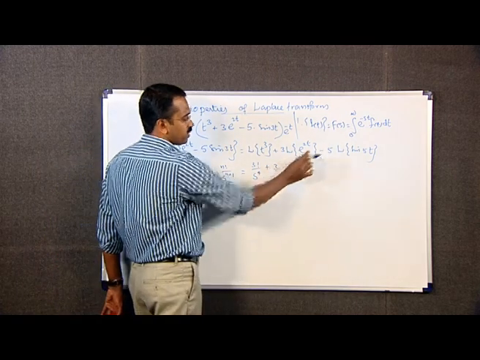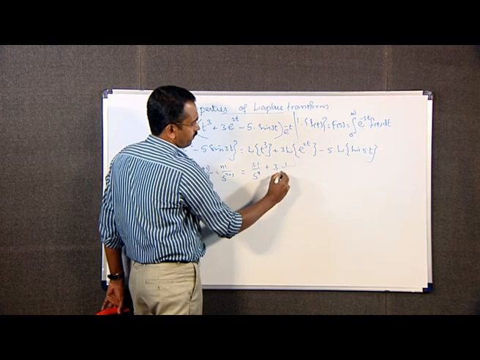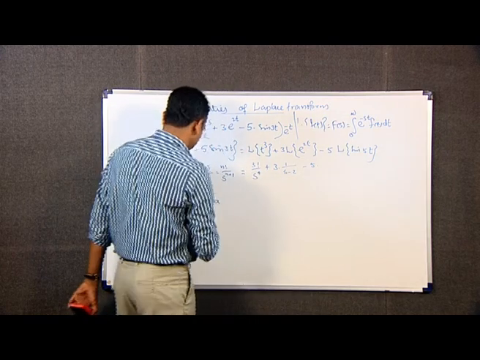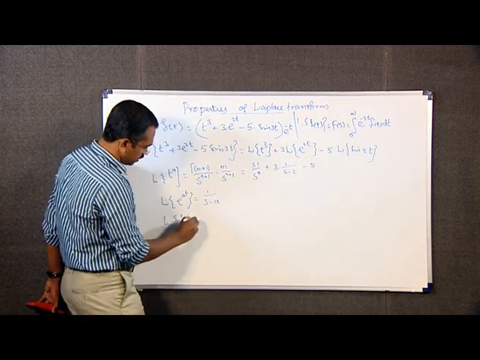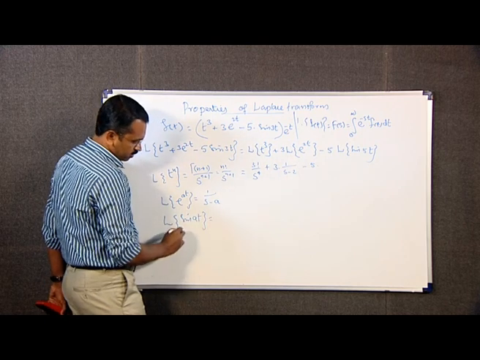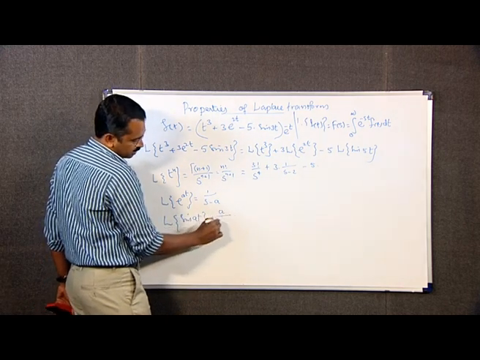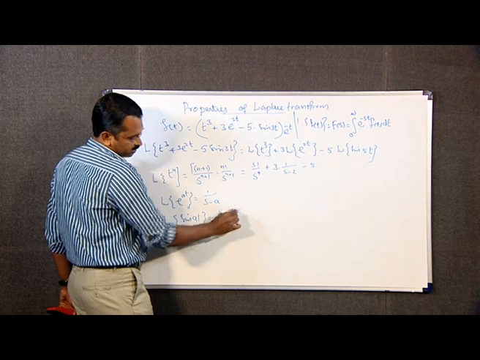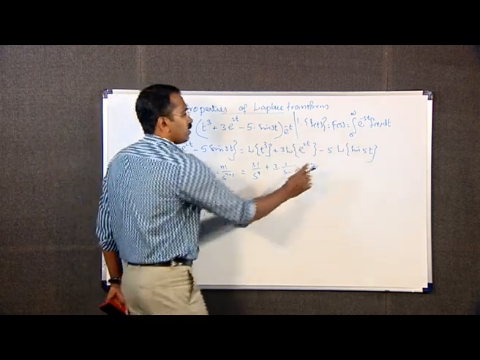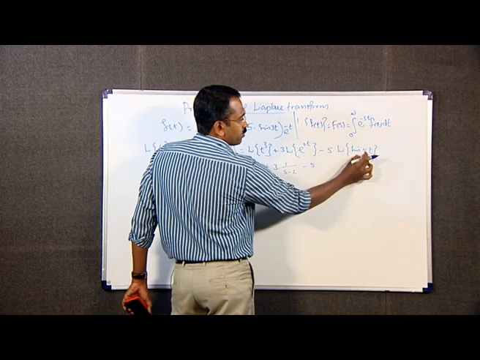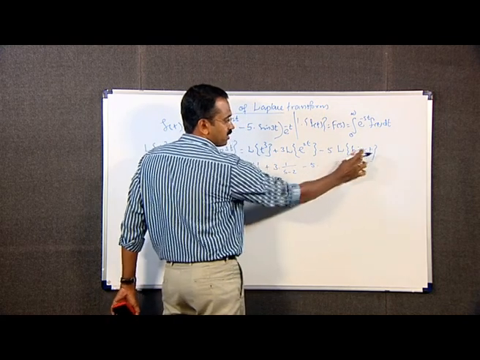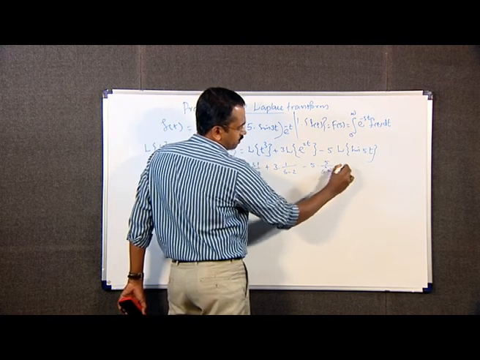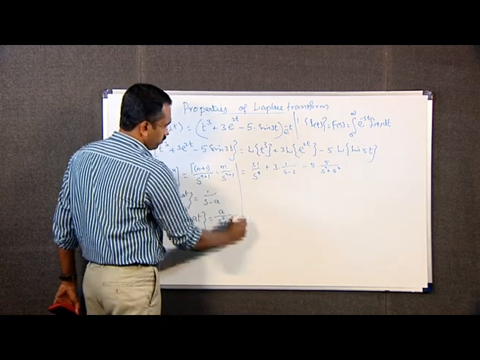Therefore, Laplace transform of e raised to 2t is 1 by s minus 2, minus 5 into Laplace transform of sin at. These are the elementary functions and corresponding Laplace transforms. Laplace transform of sin at is a by s square plus a square. Therefore, here 5 into Laplace transform of sin 5t means here instead of a it is 5, divided by s square plus 5 square,